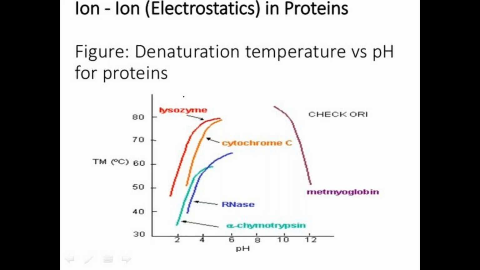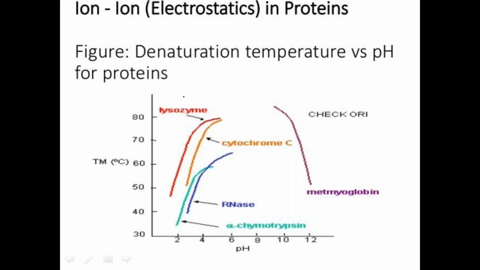Breaking the bonds means changing the conformation of the protein. For example, if we take the tertiary structure of protein, it causes the loss of different bonds that are responsible for the tertiary structure. And that means it is changing from the normal conformation into the linear conformation of amino acids.